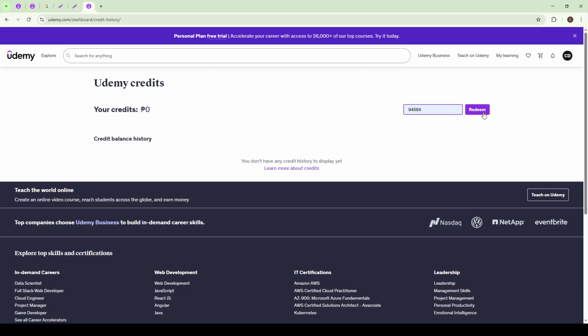And there you have it, folks. By following these straightforward steps, you can seamlessly redeem Udemy credits and invest in learning opportunities that appeal to you. Remember, Udemy offers a wide variety of courses across many disciplines, so take your time exploring and choose whatever speaks